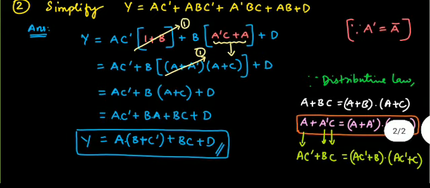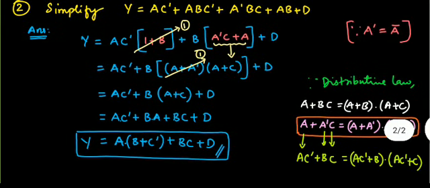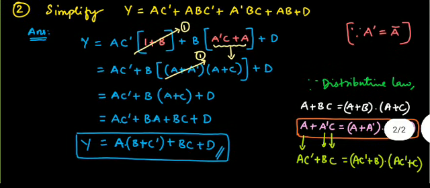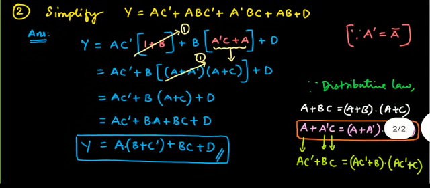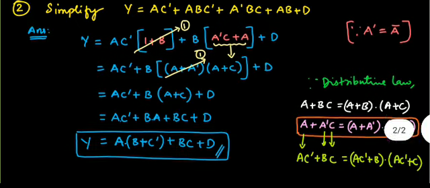And third and fourth term, if you see b as a common variable, if I take it out, then what will I be getting inside the brackets? a dash c plus a. Again here I can apply distributive law. And finally, variable what we have plus d we have. So after applying distributive law, the expression gets simplified into a plus c, right? And in the next step, ac dash plus b into a plus c plus d.